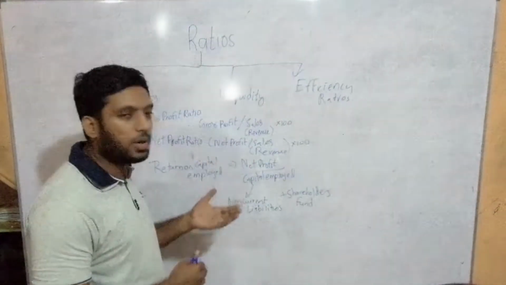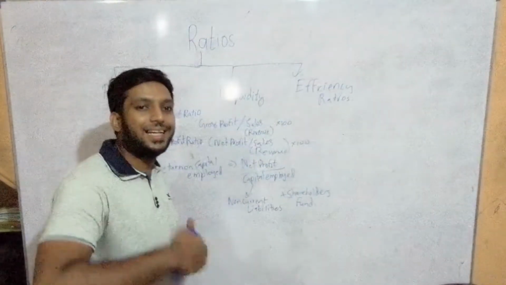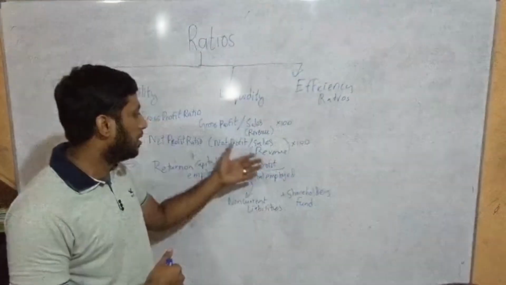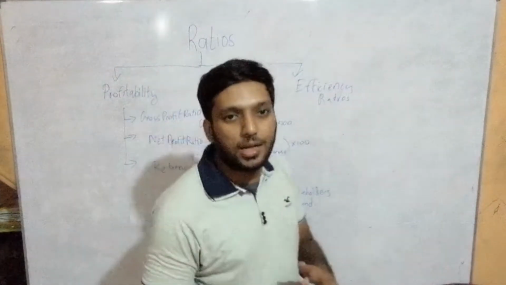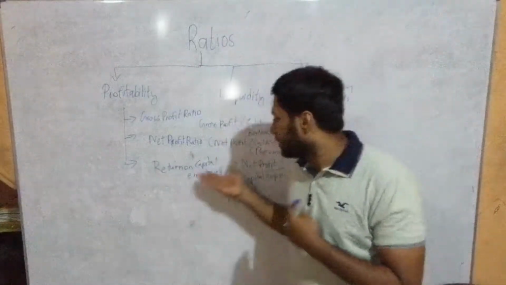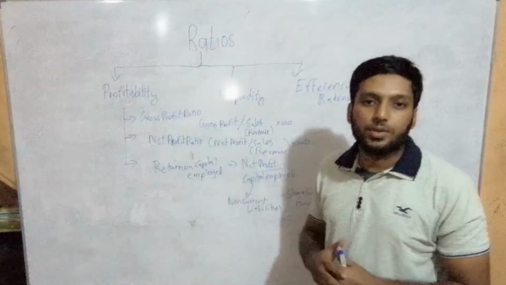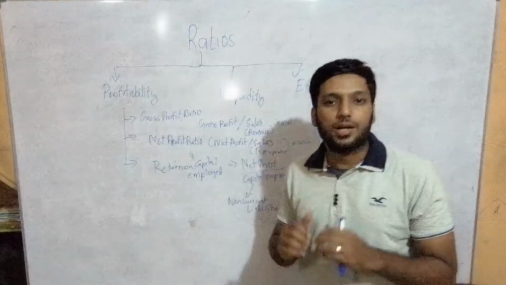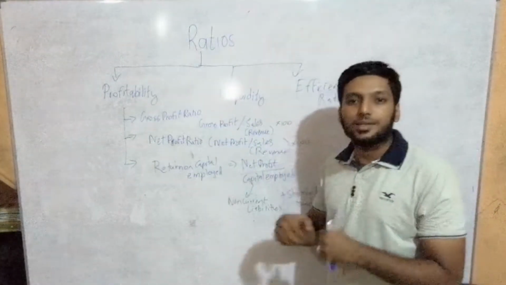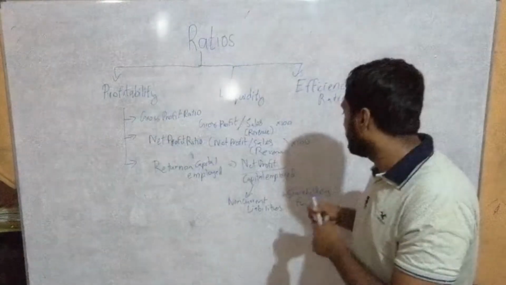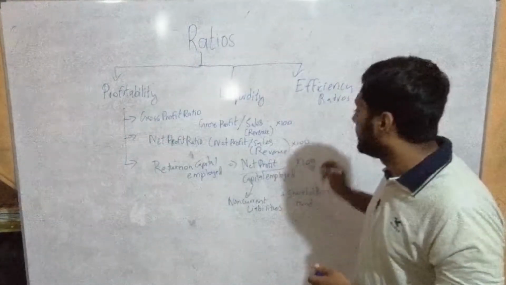So you need to show how much net profit you have earned in terms of revenue. In percentage you need to show it. And return on capital employed is showing the owners that the net profit I have earned is this much on the money you have invested and the money you have obtained for the business. So representing the amount of money the business has gained in percentage terms is what we say return on capital employed.